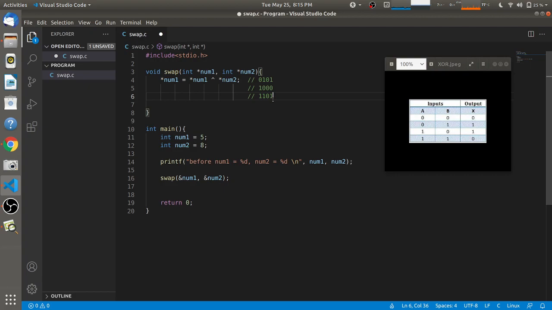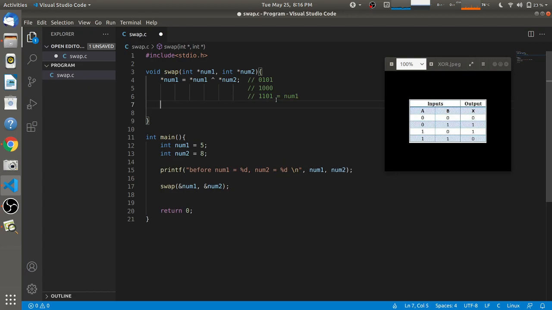The final result of this bit pattern is stored in num1. So num1 has this value, which we can convert: 8 plus 5 equal to 13. In decimal it is equal to 13.